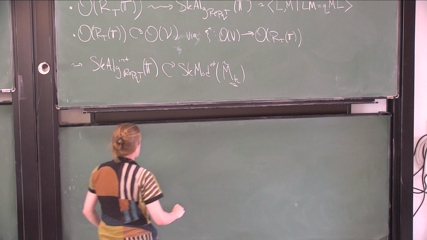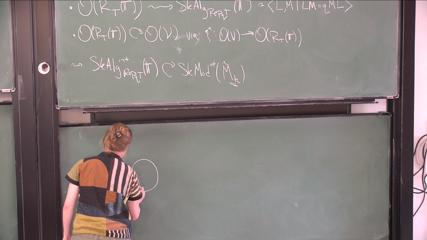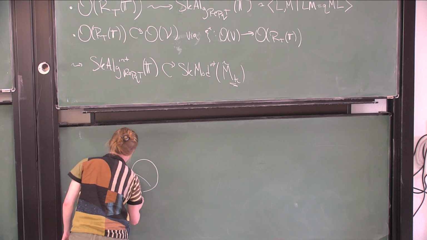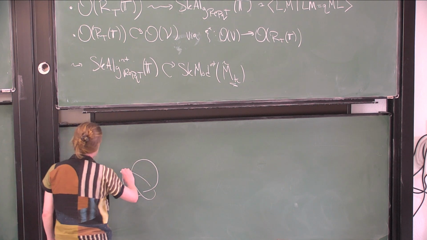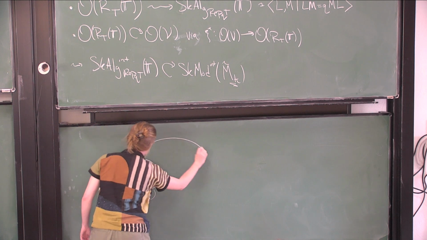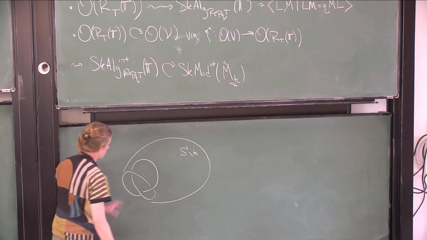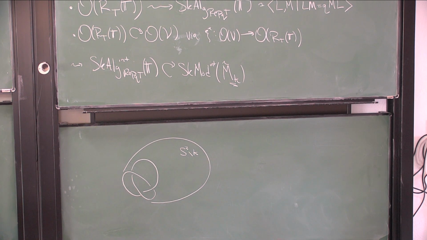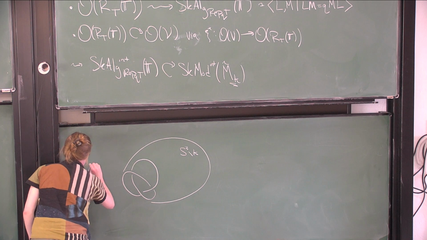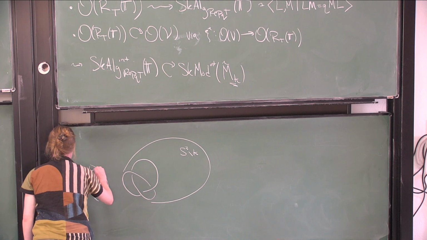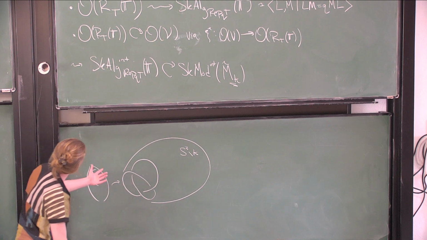So what I'll do is I'll start with my knot, and I'll leave space above this and below it. Like this. So I'll take my knot, and now let me draw a little cartoon picture of S3 minus my knot. So this is kind of a cartoon. And I know that I want here to be acting by some rep. So here I just have a torus, and I want it to be colored by T, and I want it to act. So I want this part to be T,